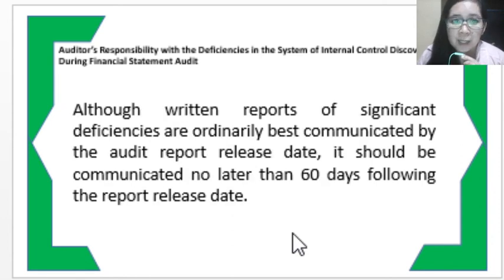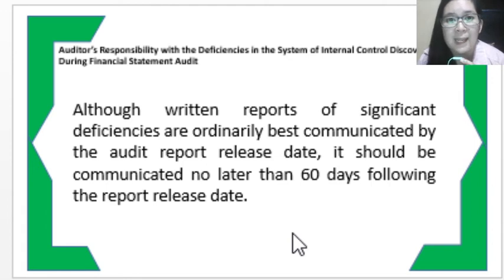Okay, so although written reports of significant deficiencies are ordinarily best communicated by the audit report release date, they could also be communicated, but not later than 60 days following the report release date. Meaning it should be within a short period of time so that attention will be called upon those who are responsible for acting on the deficiency, or the agency concerned, so that